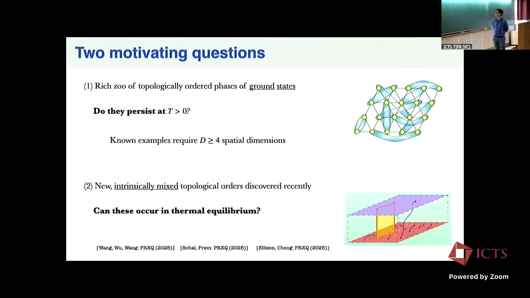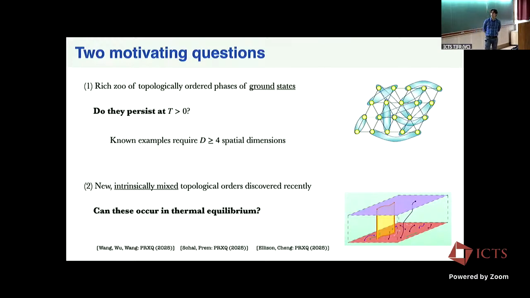So just to motivate this a little bit, let me mention 2 motivating questions that tell you how this fits into the things that were discussed last week. So last week, you heard a lot about this idea of classifying phases of matter at 0 temperature. This is something that Vijay talked about on Monday, that we can think about ground states and try to classify them into various equivalence classes that can be smoothly deformed into each other without closing the gap. And you also heard that there's this very rich theory of how to classify these phases using anyon theories and fusion categories and so on.